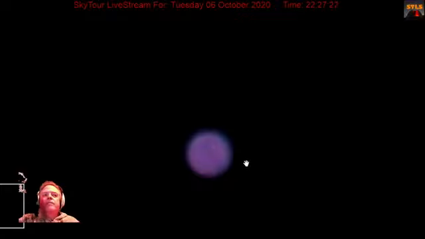So we took 35 seconds of video, and I'll take that video off the card and stack it using something called PIPP, Planetary Image Preprocessor. It's free, you can all go get it, and you can process your own planetary images if you have them.